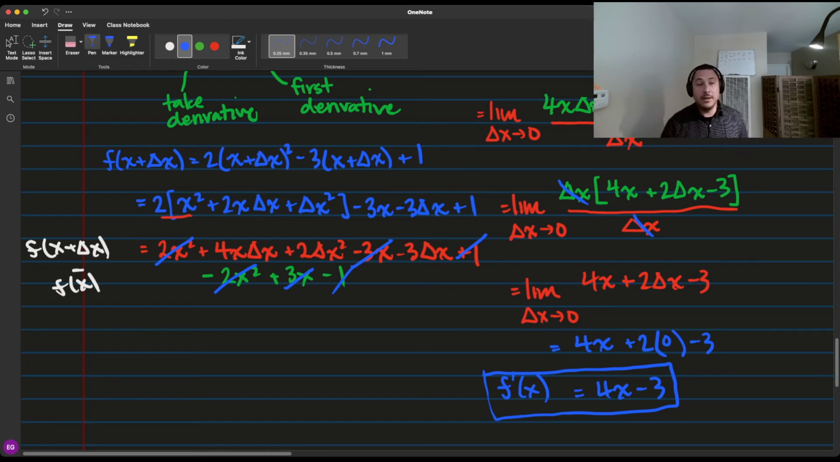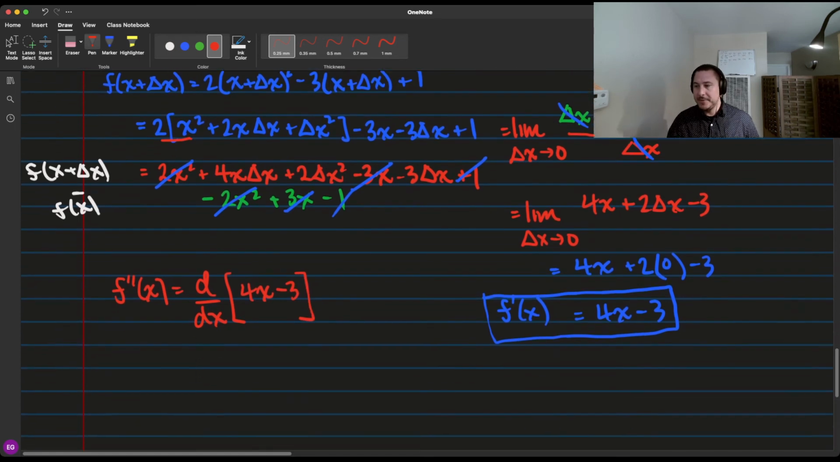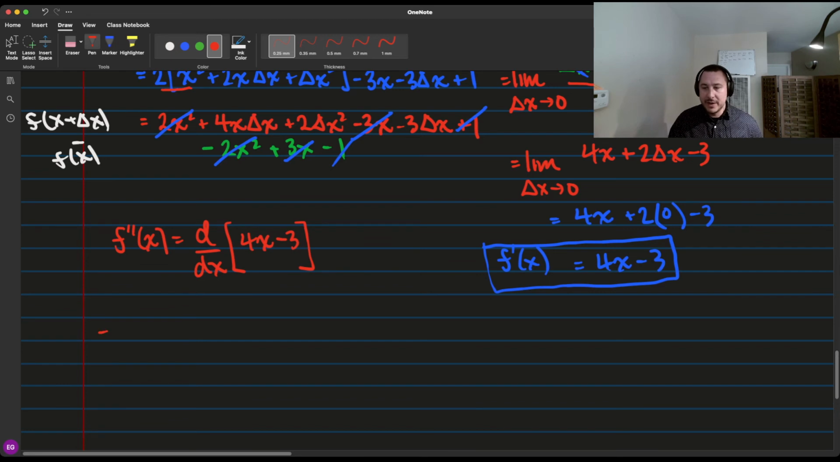Now, we aren't done. We did not want the first derivative. What is it that we actually want? We want the second derivative, which you get by taking the derivative of the first derivative. So we're going to take the derivative of 4x minus 3. How do you take the derivative of 4x minus 3? Well, you have to calculate a limit again. We're going to do the limit as delta x goes to 0 of